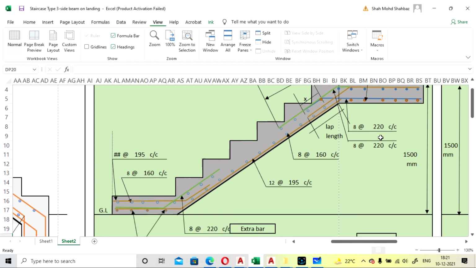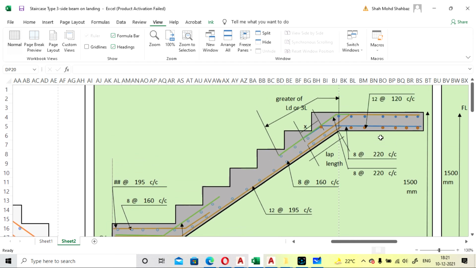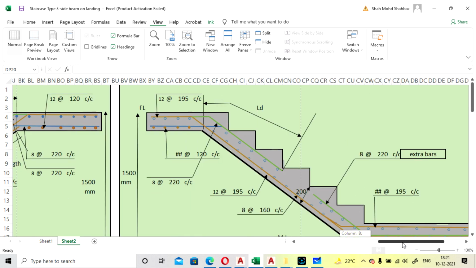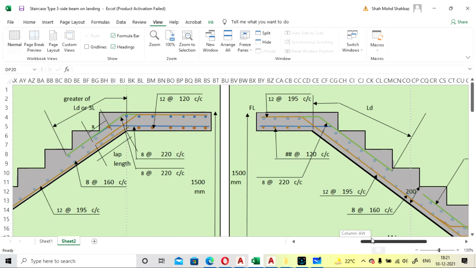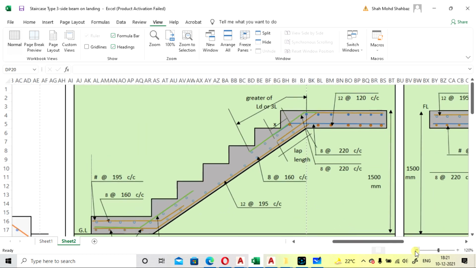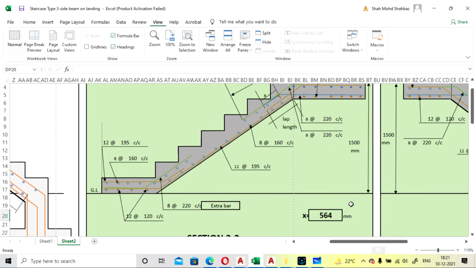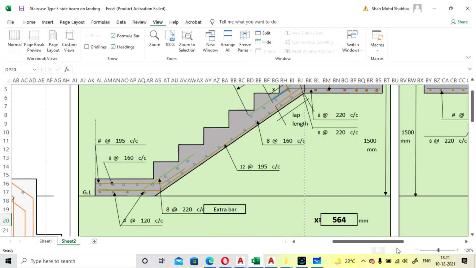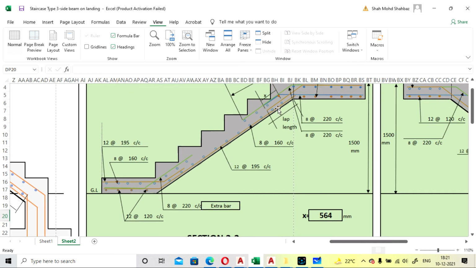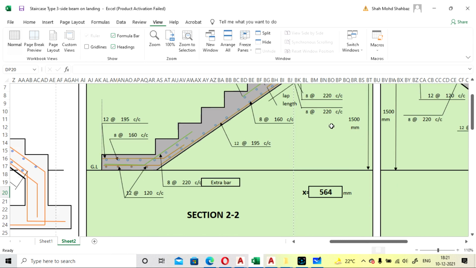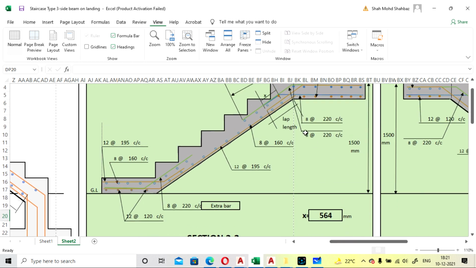Okay, so that will be equal to the same as your minimum bars. Okay, so this is how you have to provide your steel reinforcement in stairs. I will also provide the links of this Excel sheet so you can easily design and provide the bars, and this X will be calculated for the distribution bar that is calculated for the landings. Okay, so this will be your total extension that you have to provide.